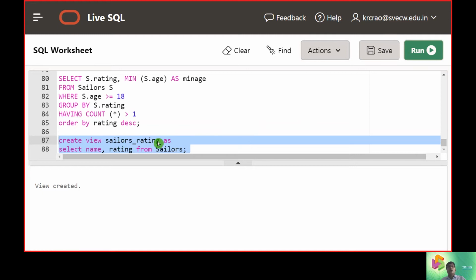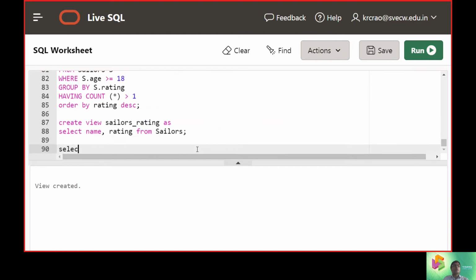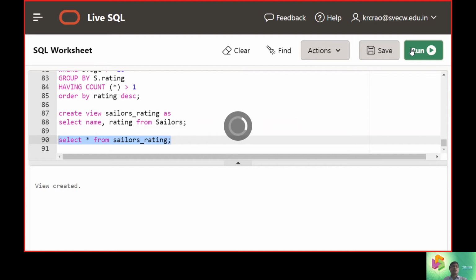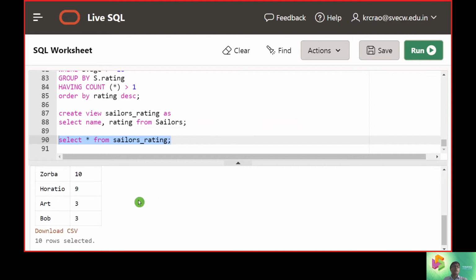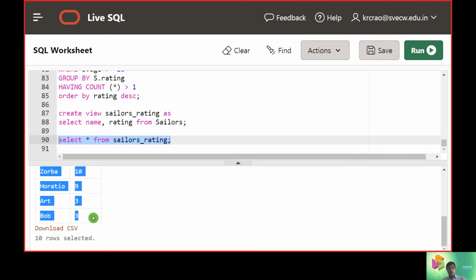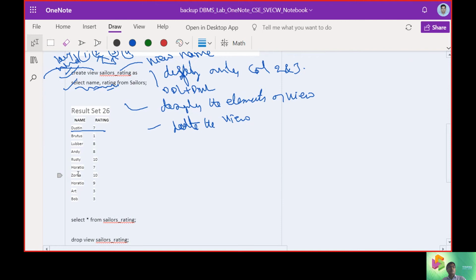The view name was sailor rating. Now we want to know whether the 2 elements name and rating are available. So select star from sailor rating. We are now calling up the view to understand whether the 2 contents are displayed in the view or not. So we got these 10 items. So these 10 items are going to be the output from here.